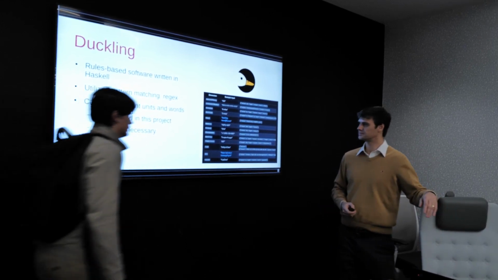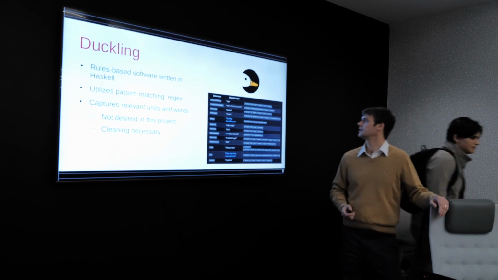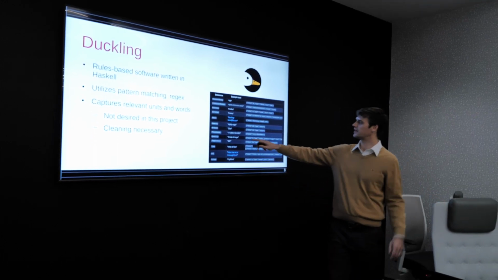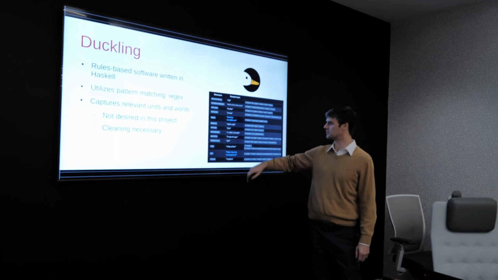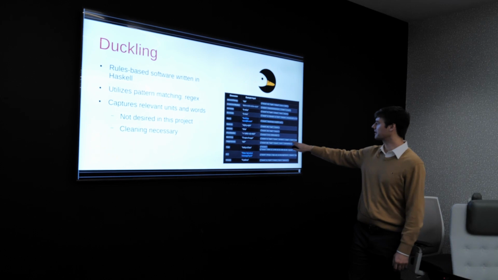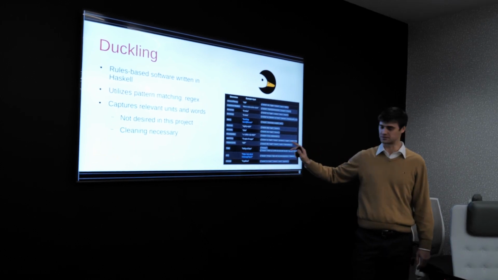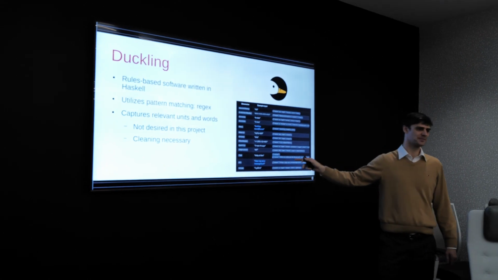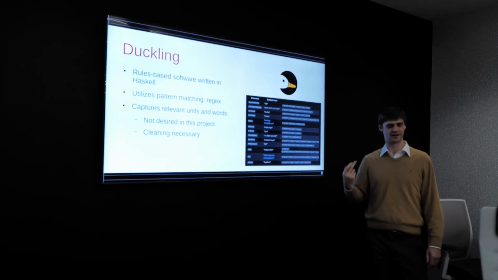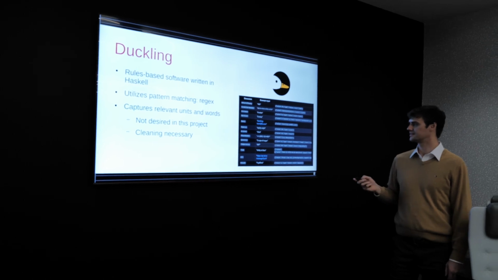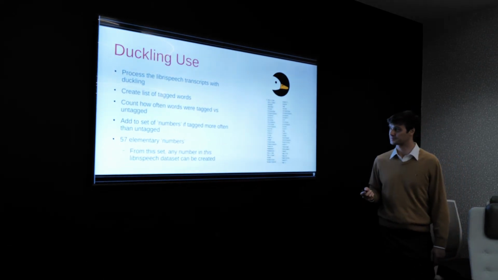The issue, though, is that it doesn't exclusively extract numbers. It grabs a lot of additional information. So with 3 cups of sugar, it can extract all that and figure out the quantities and the units and all that, which is great. But I really just want the 3. I don't want the cups of sugar. So we have to do a little processing to clean that up. Ultimately, that's going to be some work.